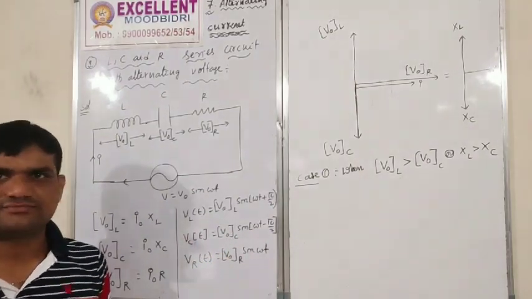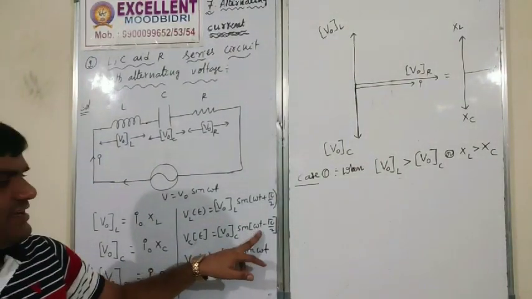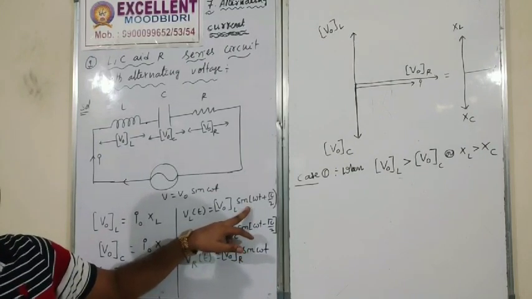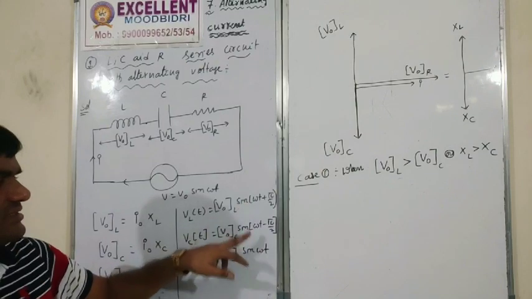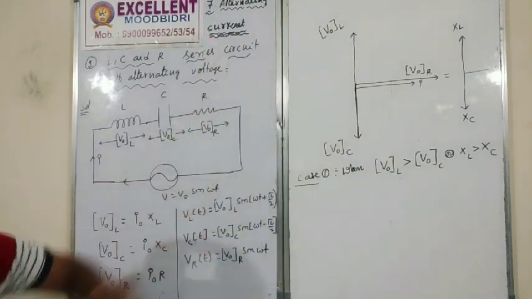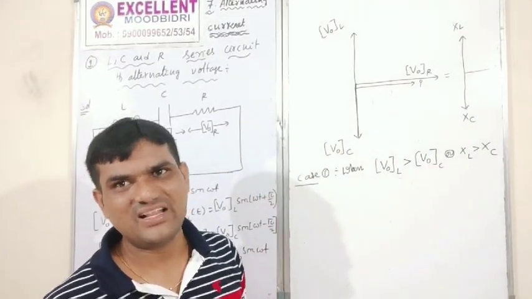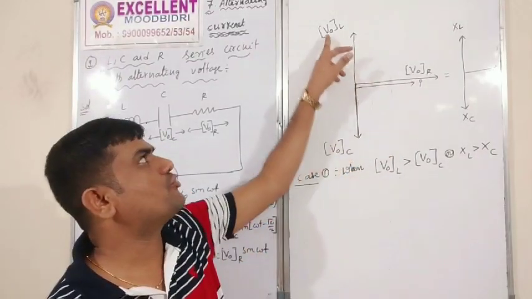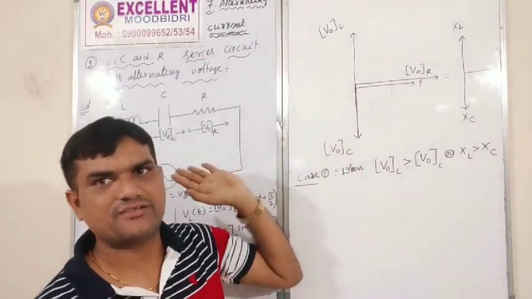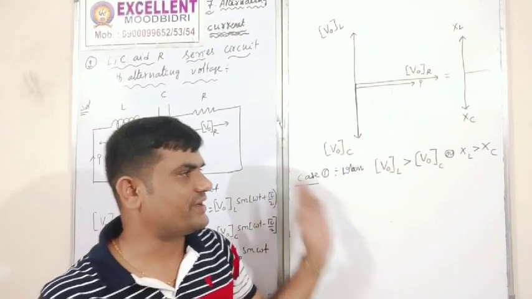Correct? Here current and voltage are in the same phase. But here the current leads, and here the current lags. Here the voltage leads, and here the voltage lags. So everything I have written, I drew according to those phasor diagrams. Between I and V naught the angle is 90. Yes or no? Everything is fine.